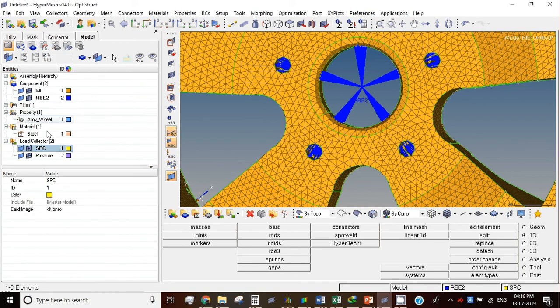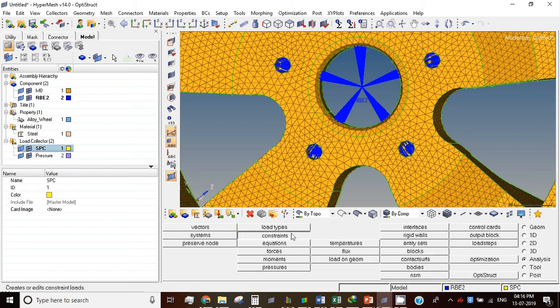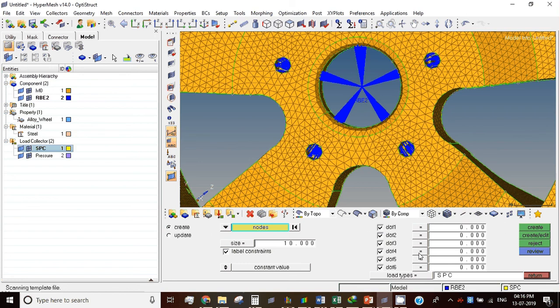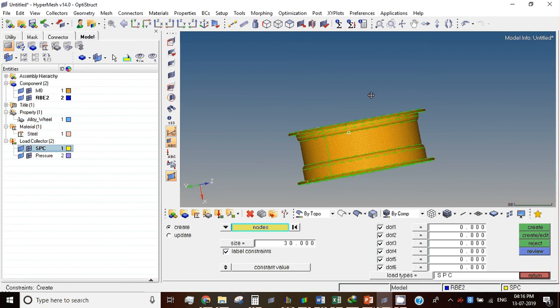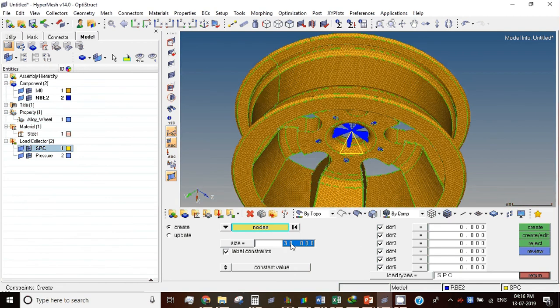I have to go to the analysis menu. You go to constraint. All the DOFs are zero, means zero movement, completely constrained. Select this. This is the size of this arrow for viewing. This is whatever you want to give. I will give 30. That is for our viewing purposes, convenience. Okay, I'll create. See, now it has a big one, right? Triangle. Now here I will vary it to 50. It will increase. For 20, it will decrease. Okay, for our convenience. And now SPC has been created.